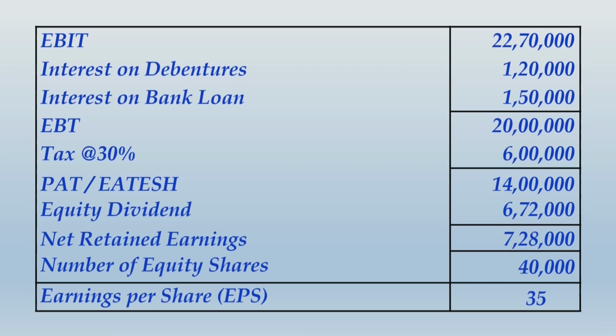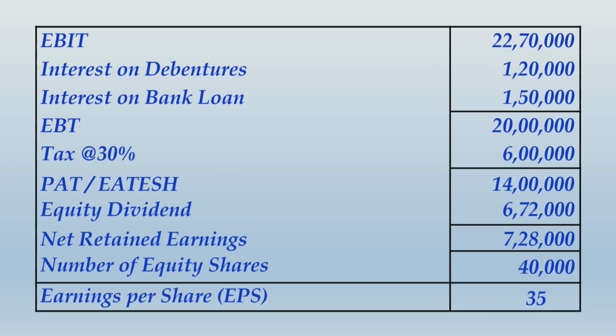Now notice one thing, in the balance sheet there is no information about preference share capital. Because there is no preference share capital, many calculations within our solutions which are linked with preference shares and preference dividend will be avoided because we don't have that component of capital. And another impact of that is whatever be profit after tax will be interpreted as earnings available to equity shareholders. So all your profit after tax is just attributable to equity shareholders only.